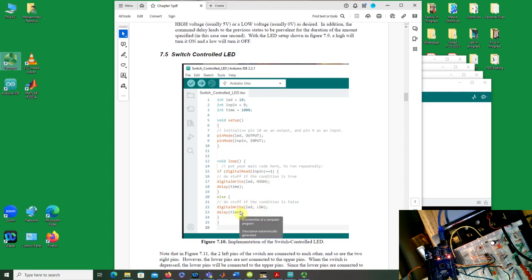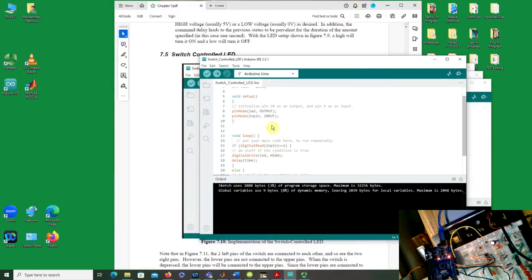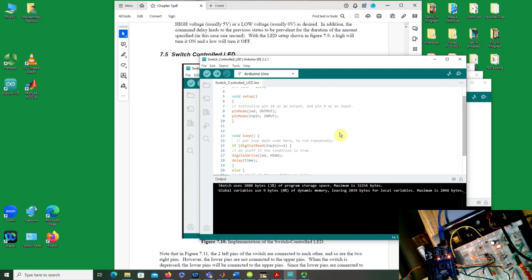So going to the breadboard, first let me upload the program, and as you see here, there are no errors, and therefore it should be uploaded properly. And if we switch to the breadboard, I'm using this switch here to control the LED. That's the one that is connected to the breadboard. And in this case, if I press the switch,